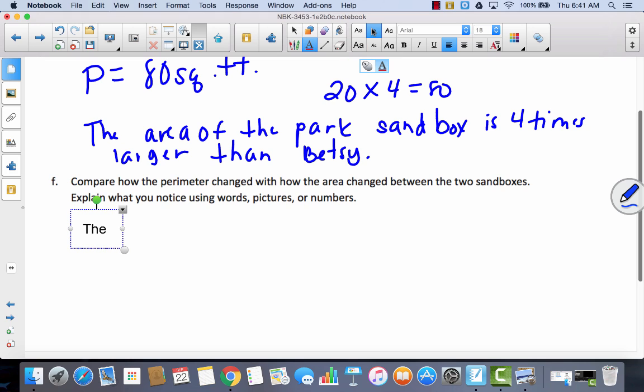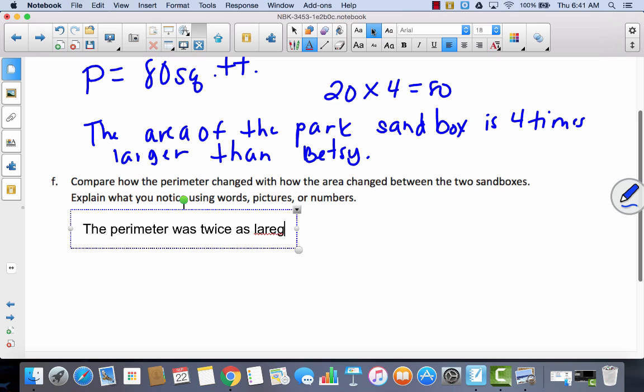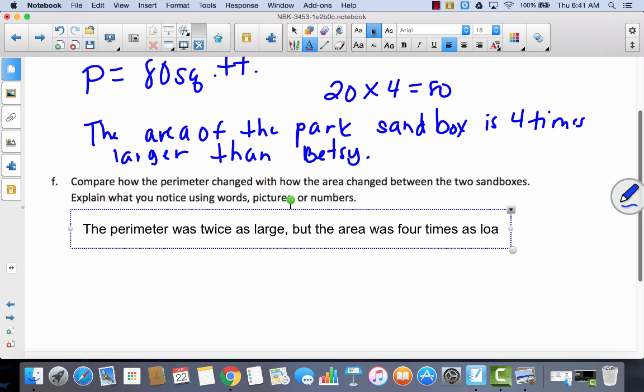All right, so let's say the perimeter was twice as large, but the area was 4 times as large. And think about, what did we do to the sandbox? We actually doubled the length and doubled the width, and that just doubled the perimeter, made it twice as large. But it made the area 4 times as large, which kind of makes sense if you think about our diagram,